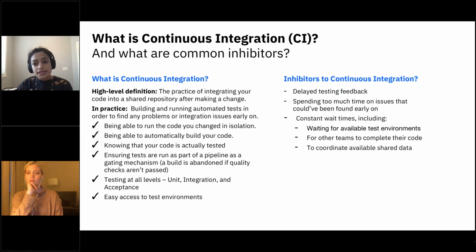I have unnecessary wait times because I am able to test this code only in an environment, and that environment is either used by somebody else or is not ready for testing. I might also need to share data and make sure that the customer data that I work with, nobody else is changing it, because otherwise I'm not able to test my functionality. So there are so many things that you have to take care of before you get into this entire continuous